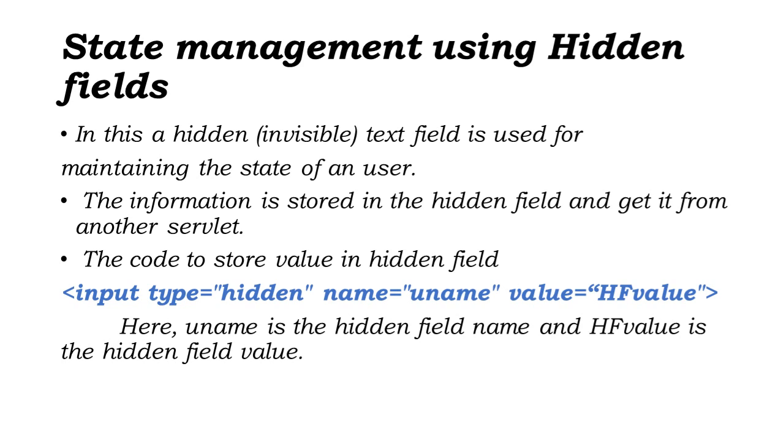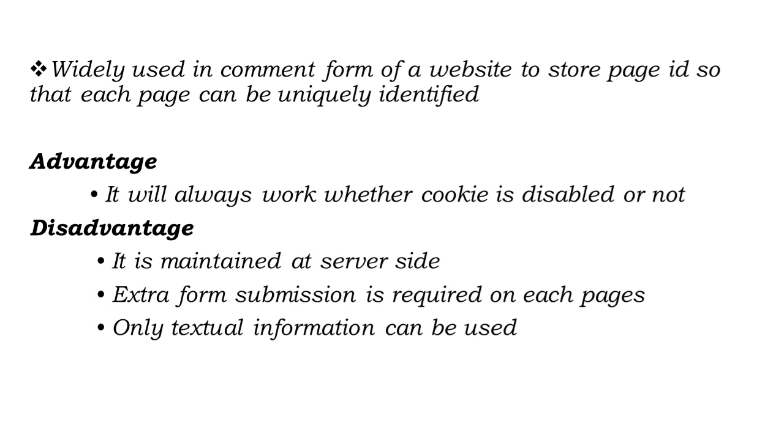As we have already discussed in the previous class, the state management is maintained using the name value pair. Hidden form field is widely used in the comment form of a website. In such a case, we store page ID or page name in the hidden field so that each page can be